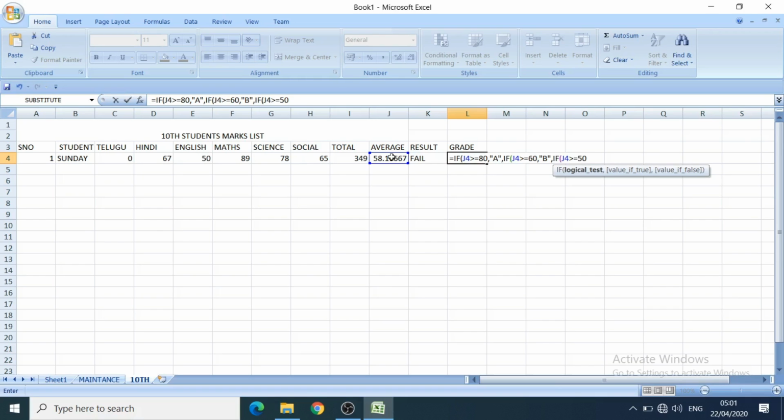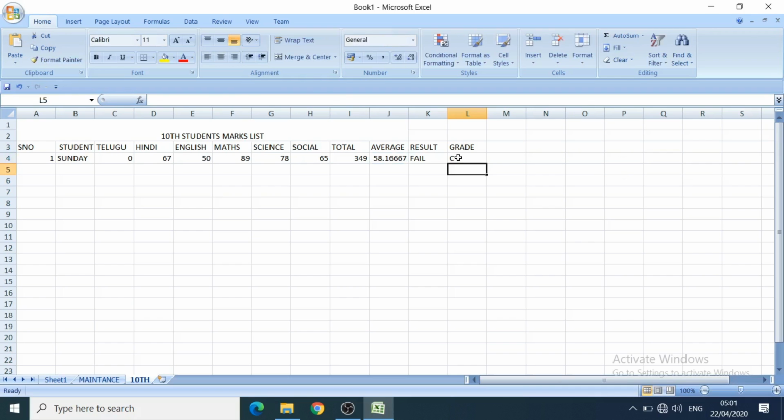Then if average is greater than or equal to 35%, it is D grade. I want to show it as D grade. Enter. C grade, so like that we have to see it.